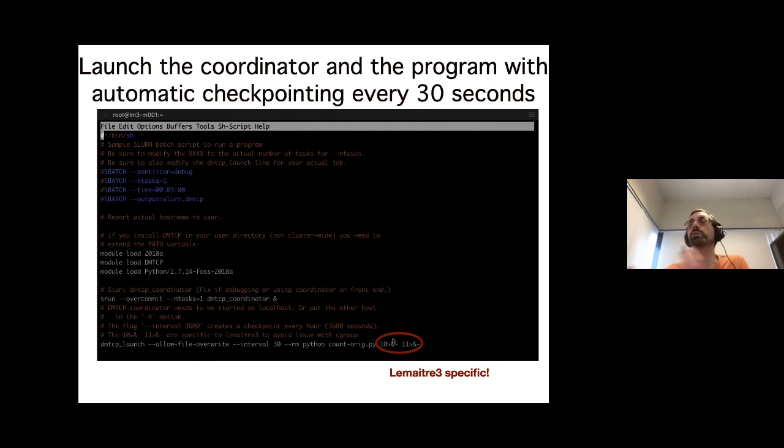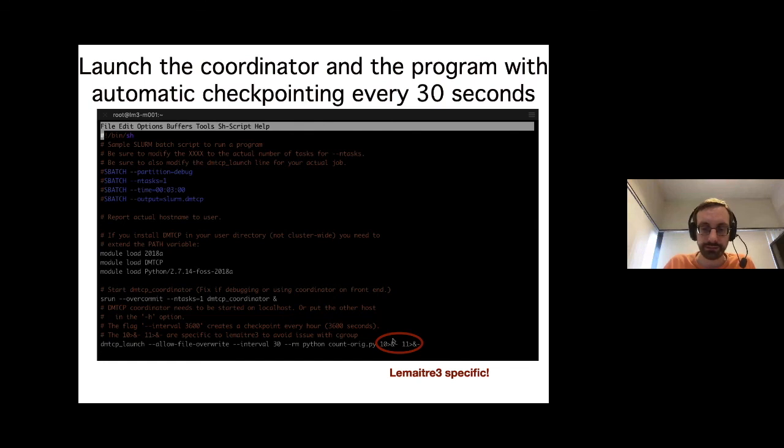It's just to avoid some very specific file open on Mesu 3, that otherwise will make it basically impossible to run DMTCP on Mesu 3. So that's a trick which is completely Mesu 3 specific. We might need the same on NIC5 when it arrives, I guess, because that's related to the cgroup features on the cluster. Cgroups are not activated on all clusters, so that actually depends on that.